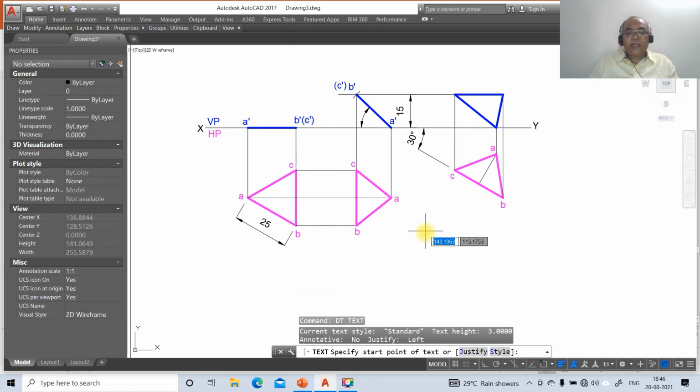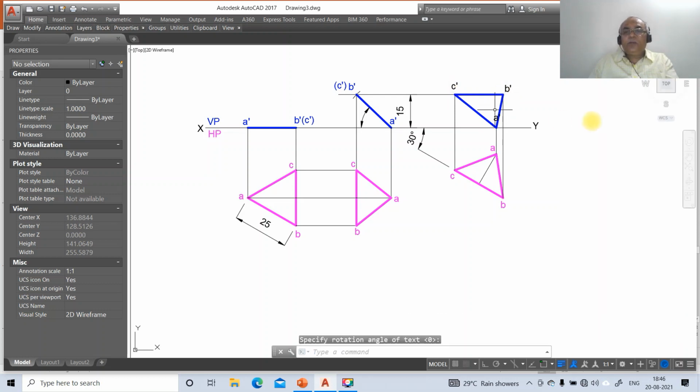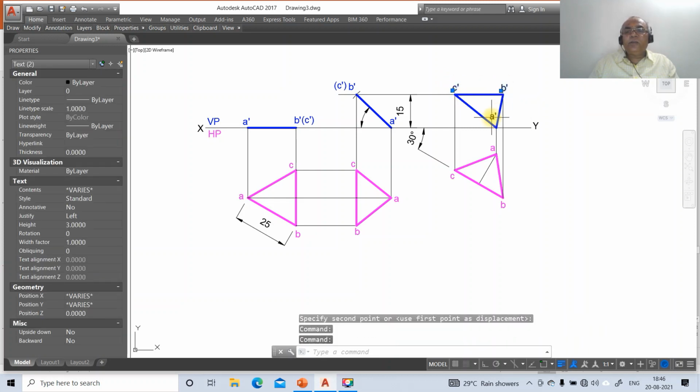Now you just go to D text, here you type A dash, here you type B dash, and here you type C dash. Then once you do that, just go to move, select this A dash, and then move this B dash, and you move this C dash. So you select all these three and go to layer, make that layer as front view.